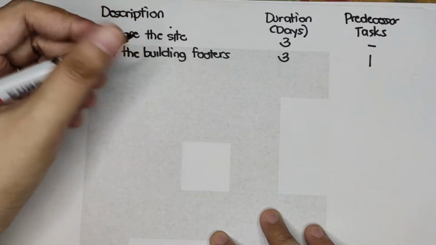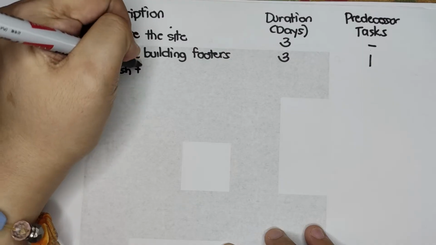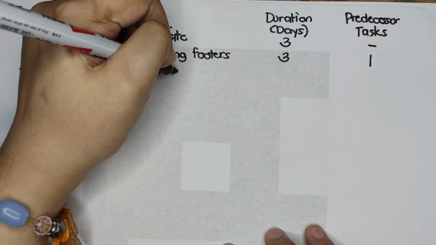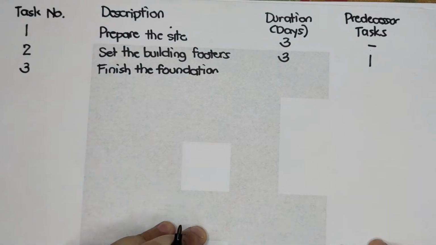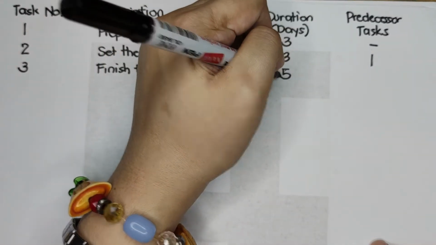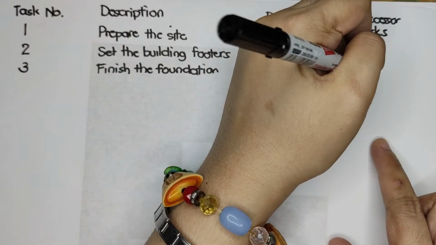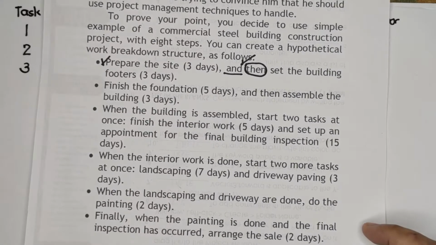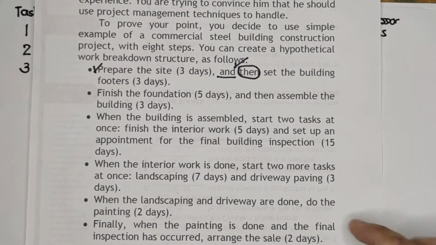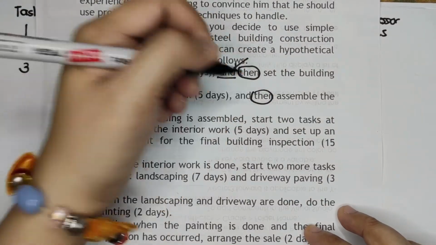Then finish the foundation. Finish the foundation, and then the duration is 5. And then as I've said for the discussion, its predecessor task would be number 2. Okay. And then the next task, just the same with the first 2, is we have the then keyword,